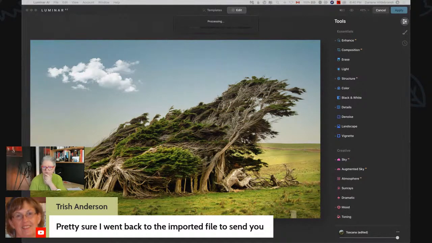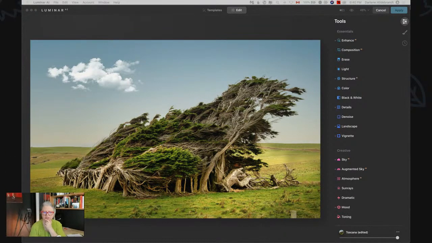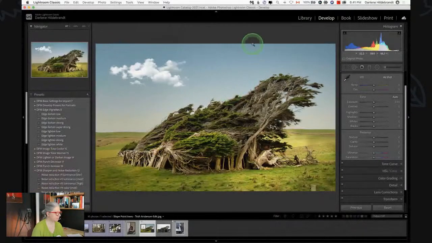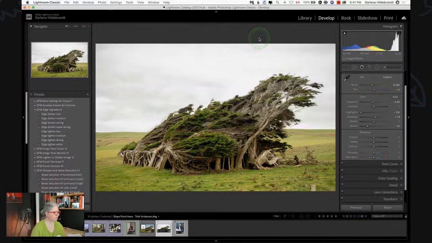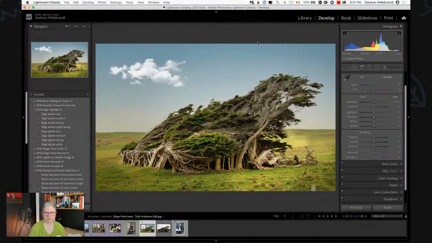You went back to the imported file. Yeah, you did send me the raw file for sure. And there were some things that were applied, but I reset it. Okay, so it should just take us back into Lightroom. But what's happening is, so yeah, there's our edited version from Luminar. And it definitely is not there. So it's probably something that I did with that template that I saved. So that's something on my end. I'm going to play with that a little bit more. But I think if you work on it in terms of looking for a sky that is a bit more simple,